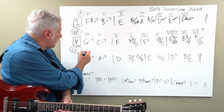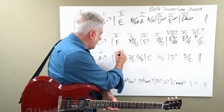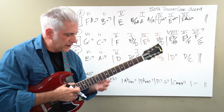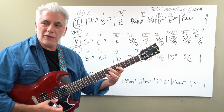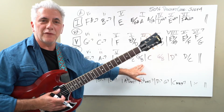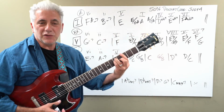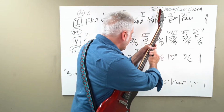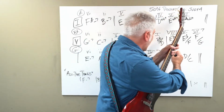So the pattern here, 6, 2, 5, 1. This D over C, it goes D, D over C, G over B. This is a first inversion G major chord. Don't let the inverted chord fool you. It's just the first inversion G major. So it's really the 1 chord. Then C is the 4, back to the 1, back to the 5,